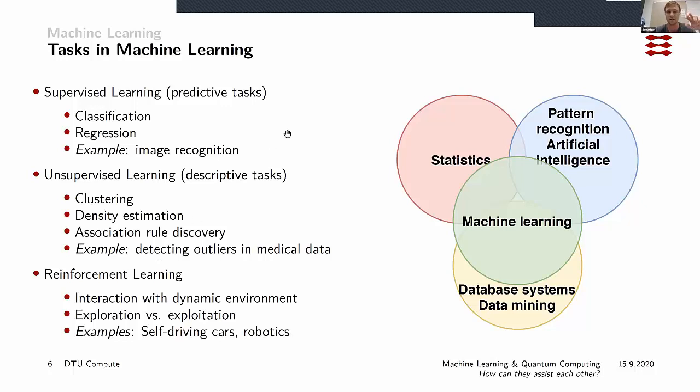Whereas supervised learning is more static. You have a static data set. You might even have a time series, but you don't really interact with the time series as much. You just analyze it. So in reinforcement learning, you actually have an effect on your environment. That's the main difference. Was that fine?